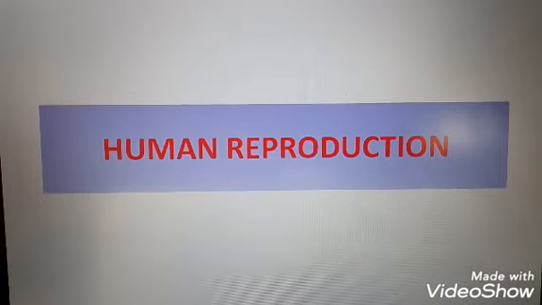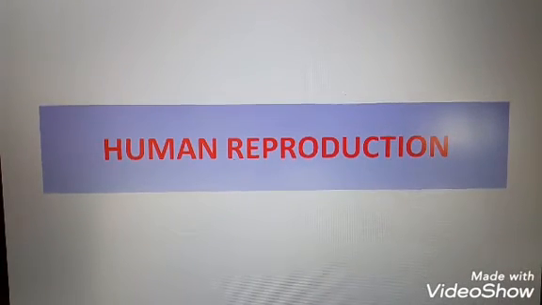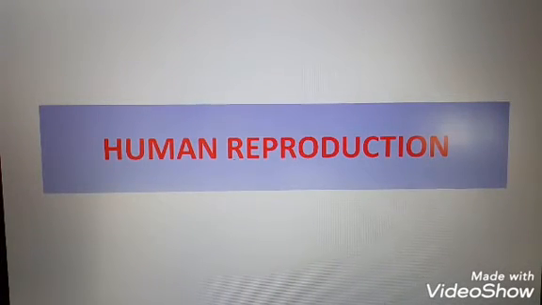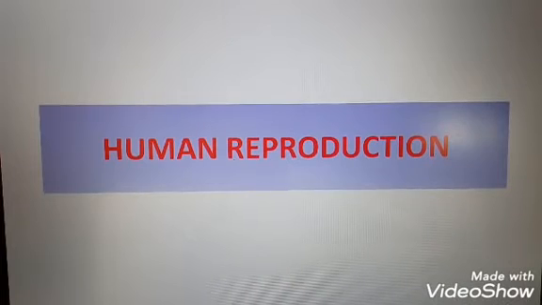Next question is, differentiate between the major structural changes in the human ovary during the follicular and the luteal phase of the menstrual cycle. In the follicular phase, the primary follicles grow and become fully mature into Graafian follicle. Endometrium regenerates through proliferation. In the luteal phase, the remaining part of the Graafian follicle transforms into corpus luteum. Endometrium further thickens, secreting progesterone for implantation after fertilization. If fertilization does not occur, corpus luteum degenerates.